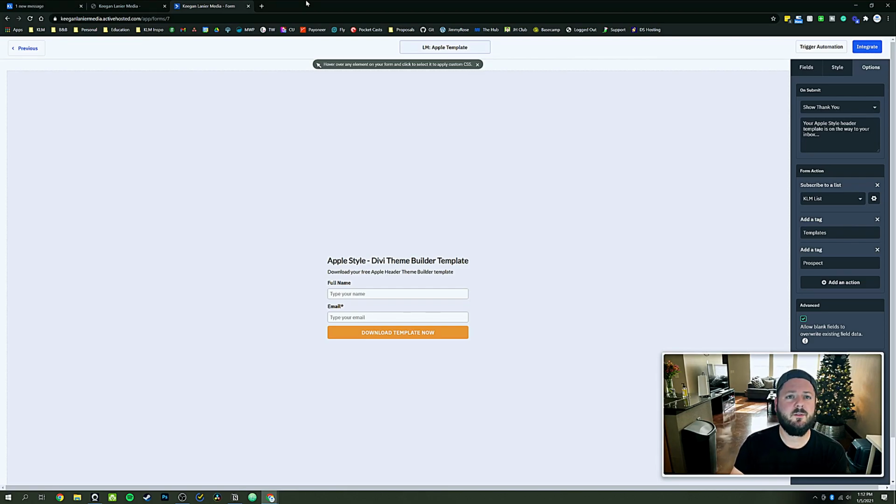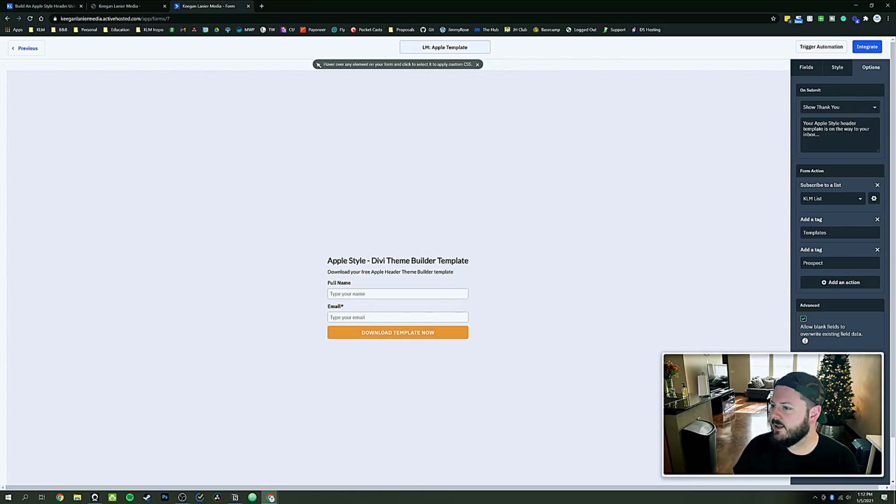Because people who are looking for templates are either building sites for other people, like for other clients, or they have a business and they're bootstrapping the build of their website. Either way, it's someone who's building a website, maybe just one, but maybe many. And this prospect tag fires up another automation. That automation is this 5 email sequence, which explains the foundation of a great website and what you can